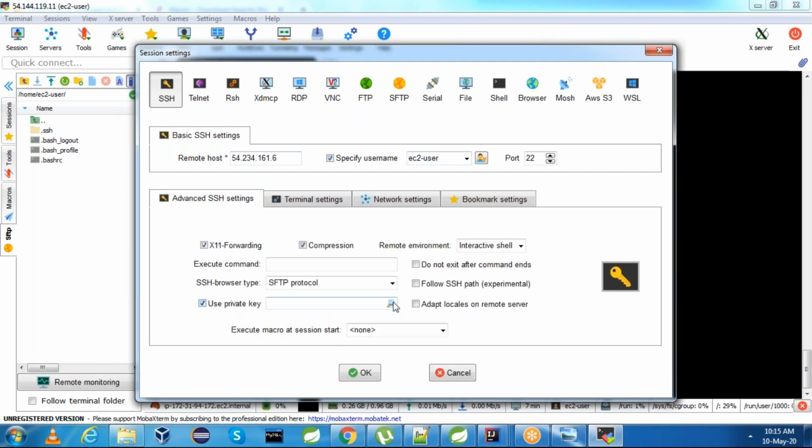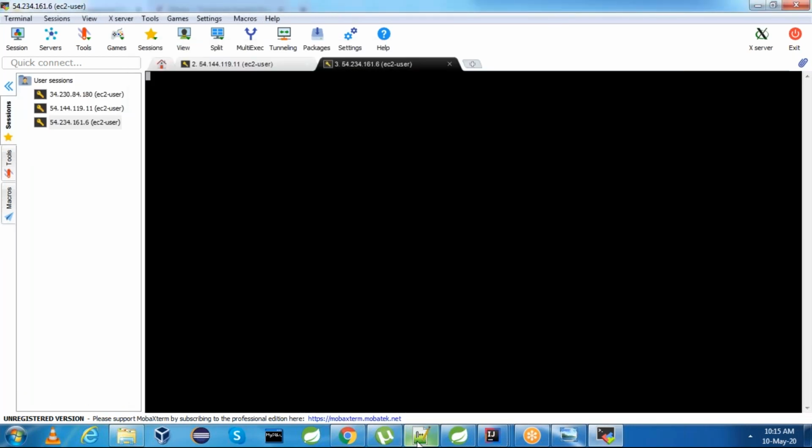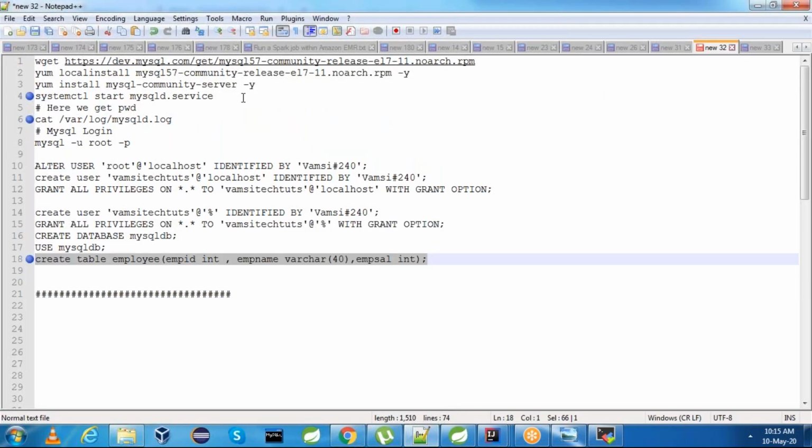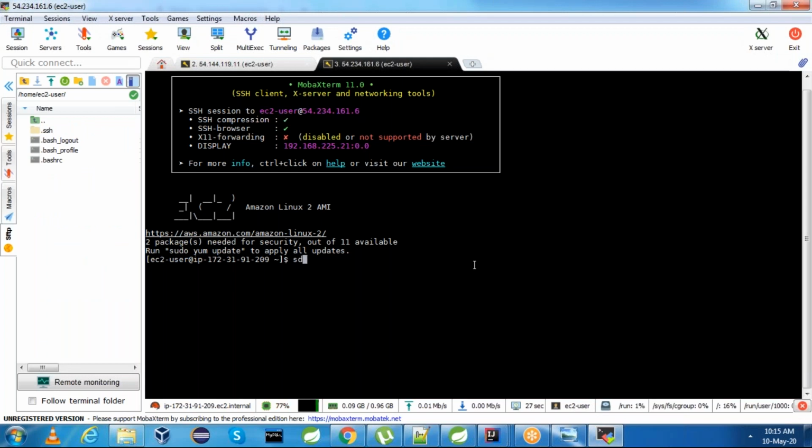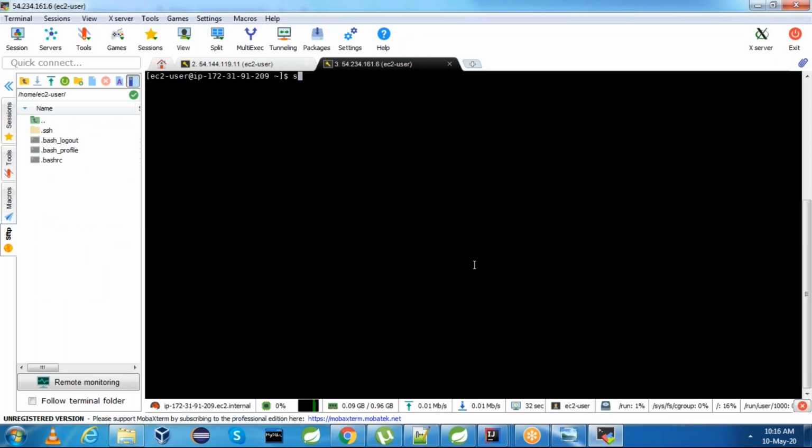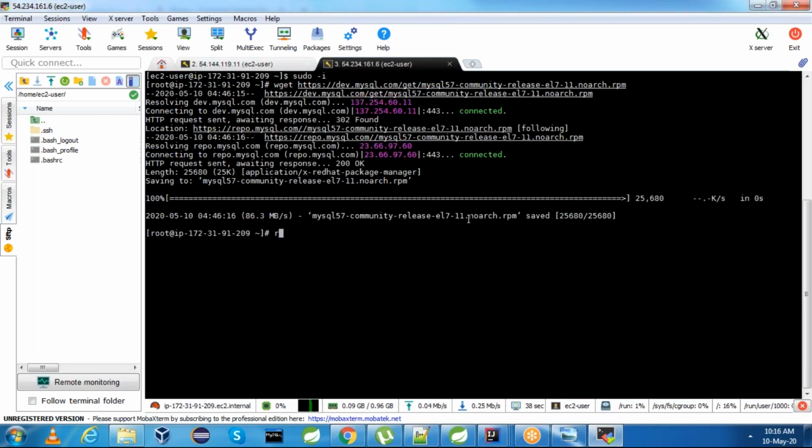Here also you need to install MySQL server and client packages. We will repeat the same steps till here. Download the RPM. And you can install the RPM using rpm -ivh.